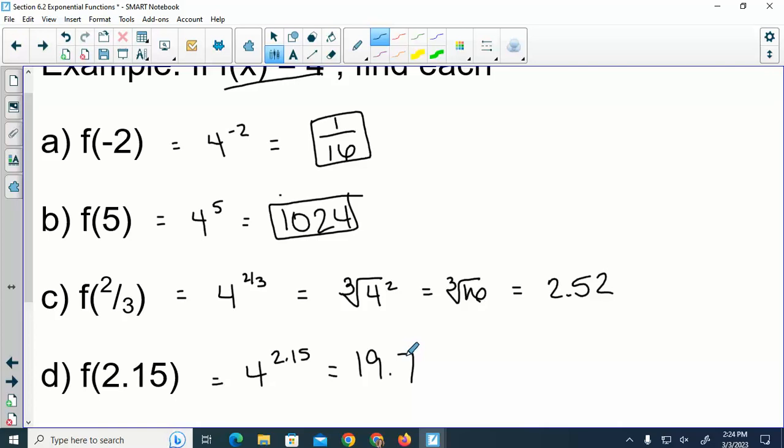It's 19.67. All right. So could we handle just evaluating basic exponentials like that? Okay. So when we graph them,